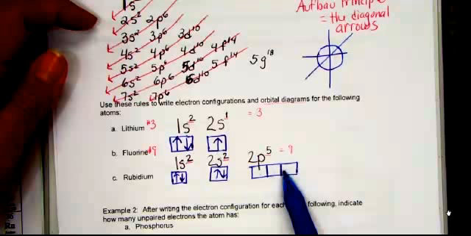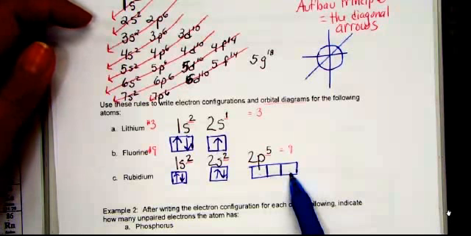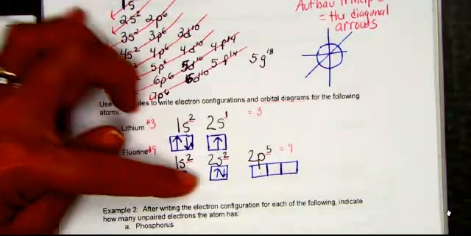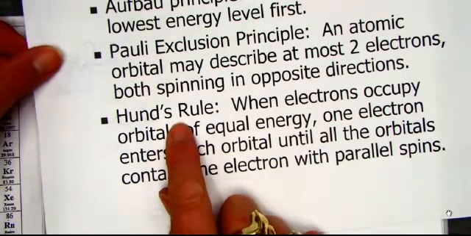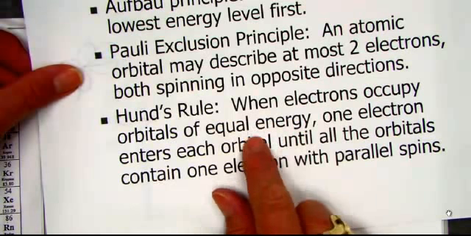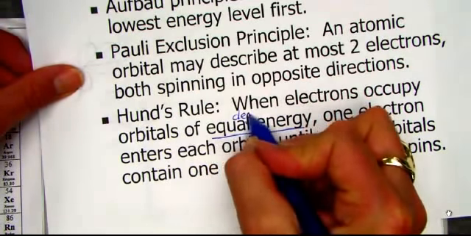I'm drawing 3 boxes to denote the px, the py, the pz spatial orientation. They're all of equal energy. I know I have at most 2 electrons per box with opposite spin, but now I get to describe Hund's rule more clearly. When electrons occupy orbitals of equal energy, the word degenerate,